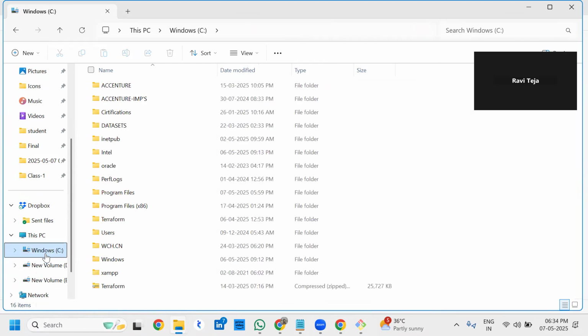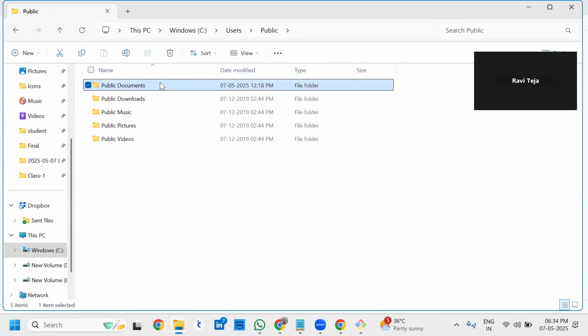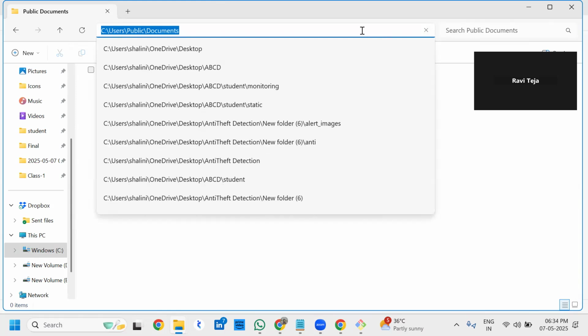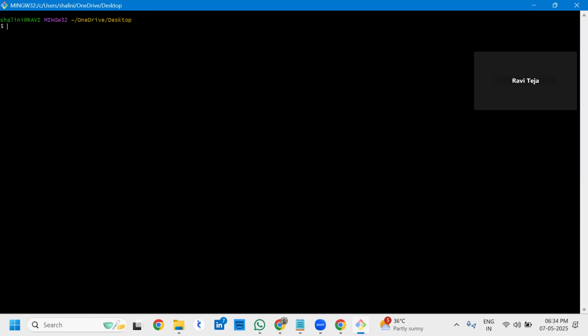In Windows, C, Users, there is a path, and I am here. In Linux, how can you know where you are? Enter